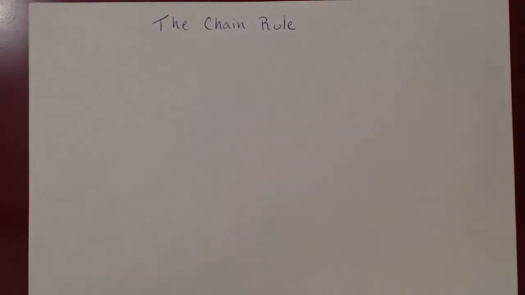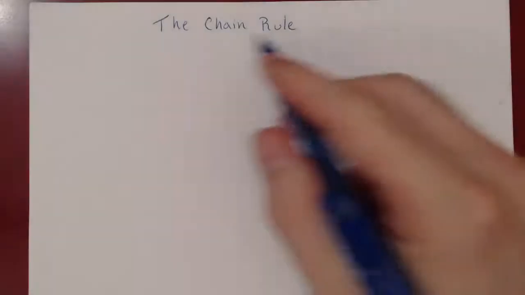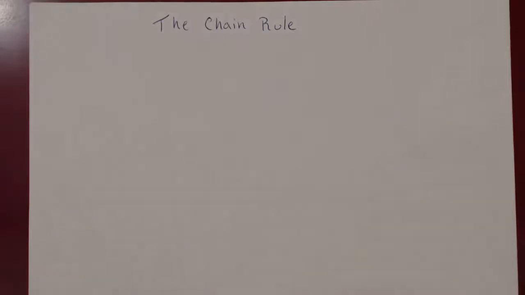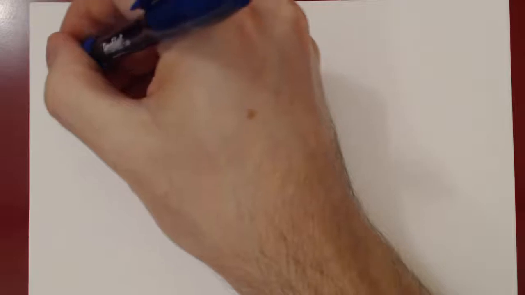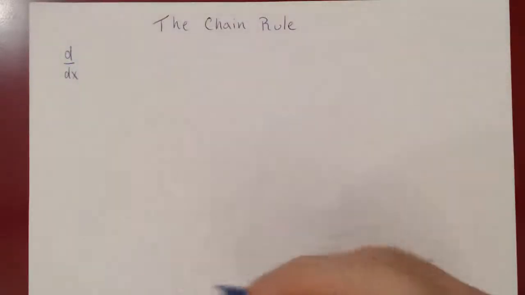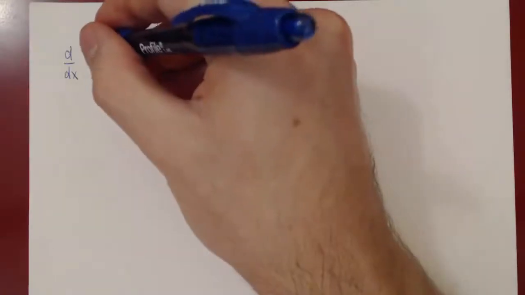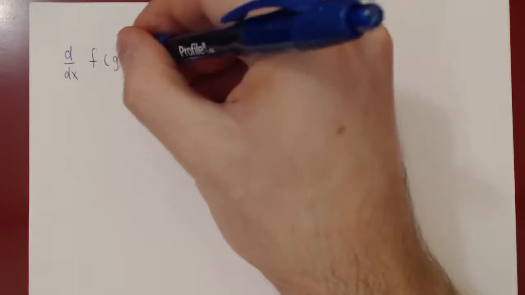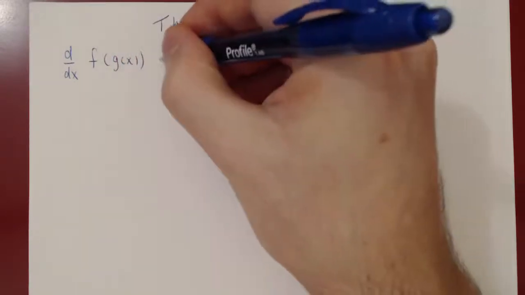Okay, so in this video, we will be looking at the chain rule. This will be our last rule of differentiation. And the chain rule tells you how the derivative behaves over a composition of functions. So here's the result. The derivative with respect to x of the composition f of g of x is equal